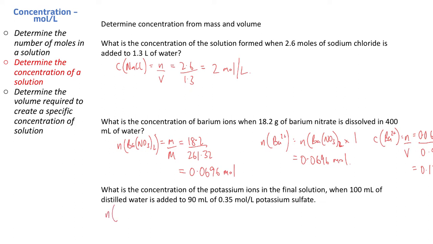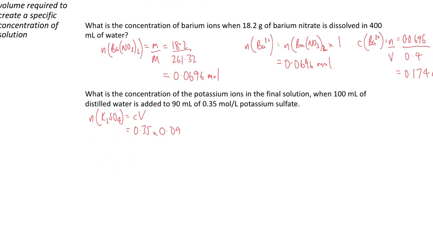So I can work out the number of moles of potassium sulfate via CV. So that will be C 0.35 times V 0.09. Okay, let's move that down a bit and let's go work on that. Which is equal to 0.35 times 0.09, which would be equal to 0.0315 mole. Now, because it's asking for potassium ions, we've got to convert that into potassium ions. So the number of moles of K+ ions is equal to the number of moles of K2SO4 times 2, which happens to be